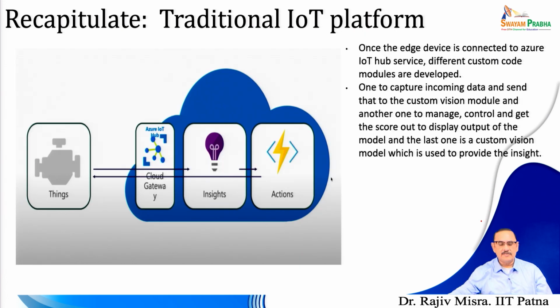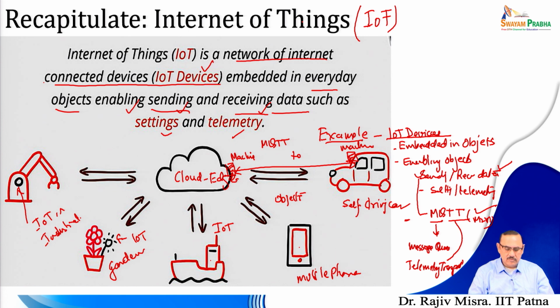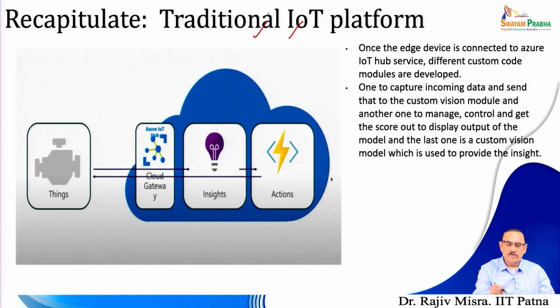Now, let us see that what is the traditional IoT platform. Traditional IoT platform that we have seen in the previous slide, that IoT devices with the help of the machine to machine communication, that is MQTT, directly sending the data and receiving the data from cloud. So, this is more detailed viewpoint of the same traditional IoT platform. Here Internet of Things, also we call it as things. So, they are often communicating the data and receiving the data. Let us understand what they are communicating and what kind of data they are receiving.